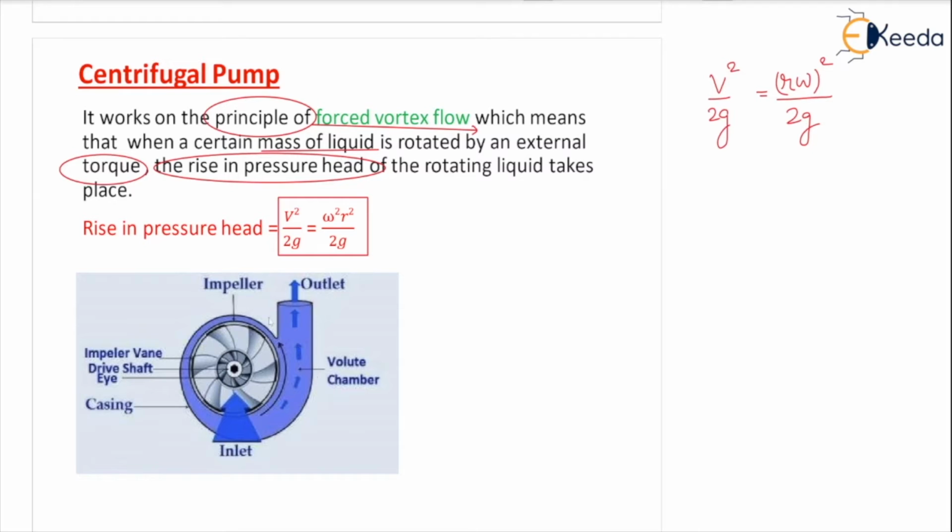Next is a diagram given here for the centrifugal pump. You can see the important components here. So this is the volute chamber and impeller. Impeller is the most important component of the centrifugal pump because impeller only forces the fluid to rotate in the circular direction. And this is the outlet, pump outlet, and inlet is here. This is the direction. Casing, outer casing of the centrifugal pump. Impeller vanes, that is blades, and drive shaft is here, the axis, and the eye of the impeller. This is called the eye of the impeller. Important components of the centrifugal pump.